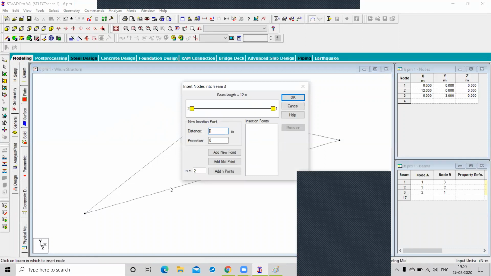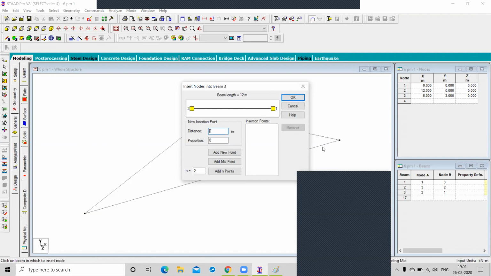Now we have an insert node window. This is showing the insert node into beam 3. Beam 3 means the name of this beam. So this is node number 2 and this is node number 1, 2 to 1.